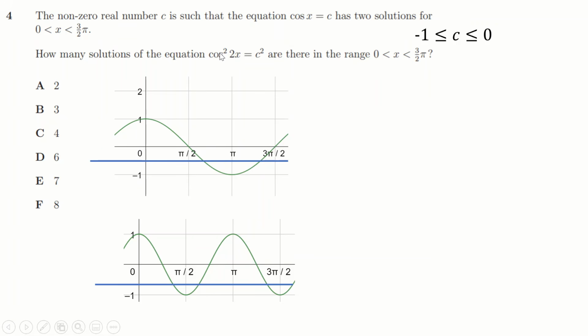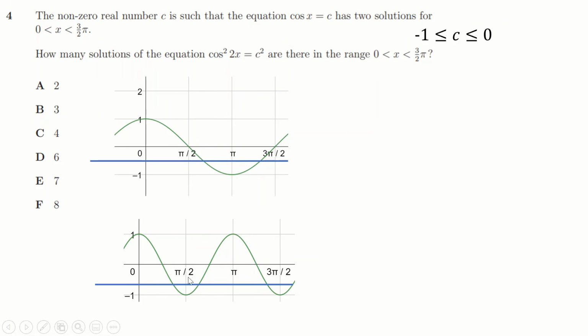But that's not what it's asking. It's asking cos squared of 2x. I'm just kind of getting to cos squared gradually. Now, this is cos of 2x, cos squared of 2x. Basically, what happens when you square a function is that all of these negative outputs, so right now cos of 2x,